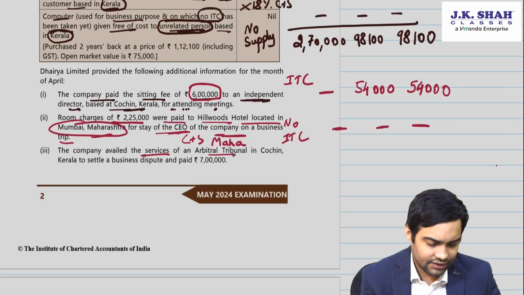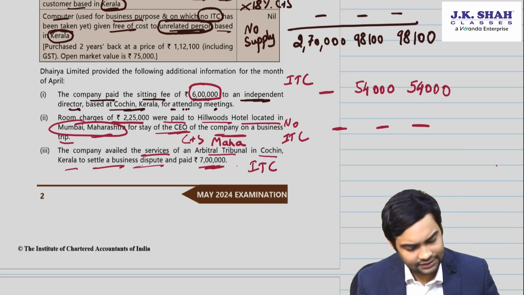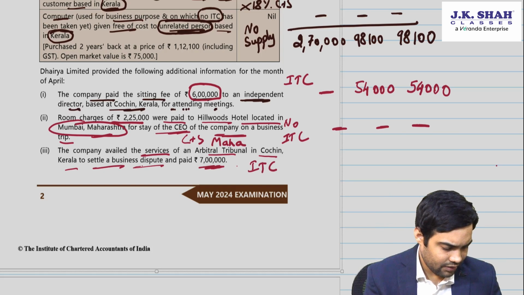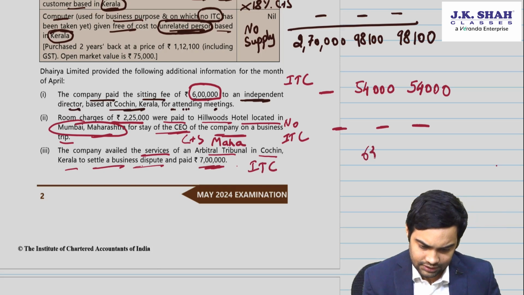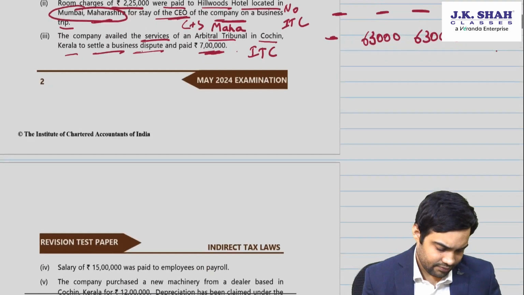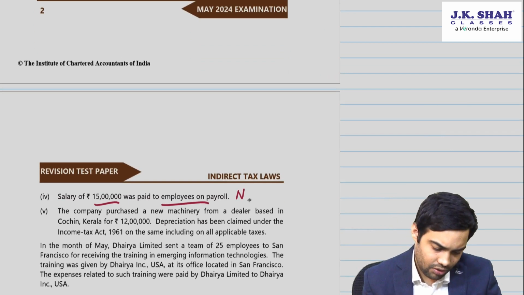Company availed services of arbitral tribunal in Cochin, Kerala to settle a business dispute and paid 7 lakh. Obviously, you'll get ITC. You'll have to also pay tax under reverse charge mechanism on 7 lakh. So 7 lakh into 9%, which comes to 63,000 CGST, 63,000 SGST. Okay. Then salary 15 lakh paid to employees, obviously it's not a supply at all because it is covered by negative list. So there is no ITC implication for